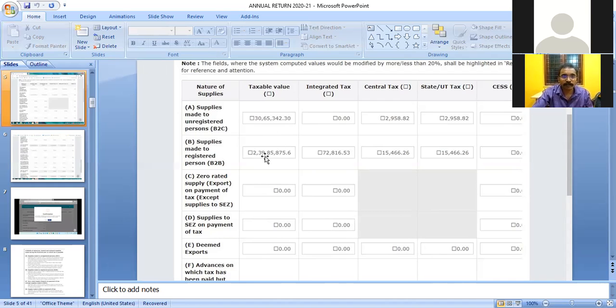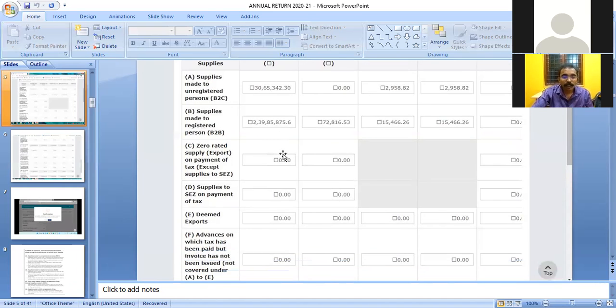We have to enter the values matching GSTR3B, and if any mistake remains, we have to match with the books of account.